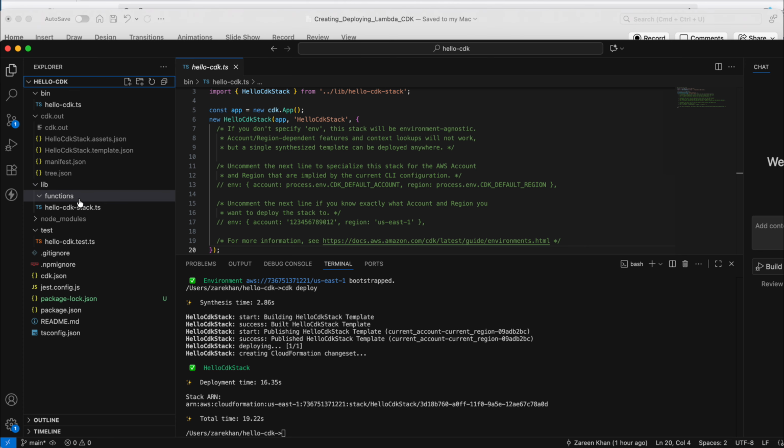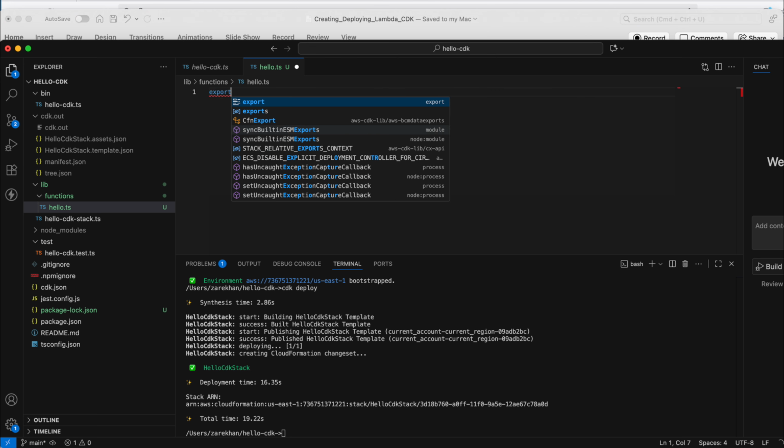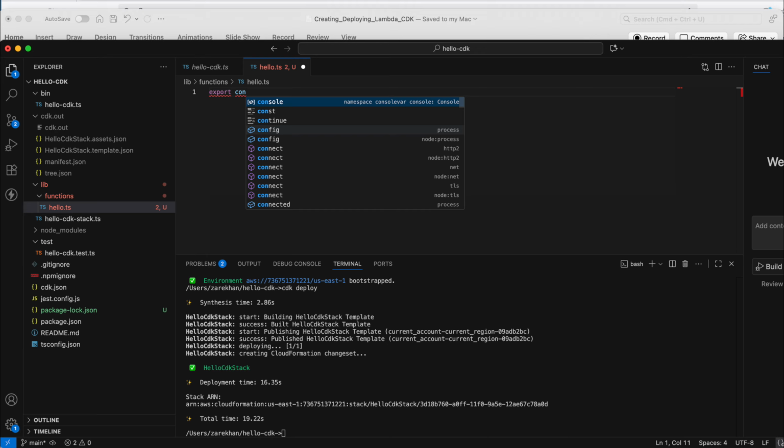I'm going to name it hello.ts. It's going to be a very simple function with the name handler. Let me export const handler